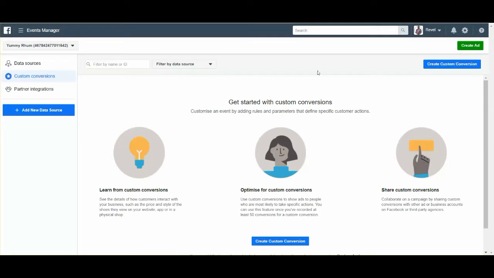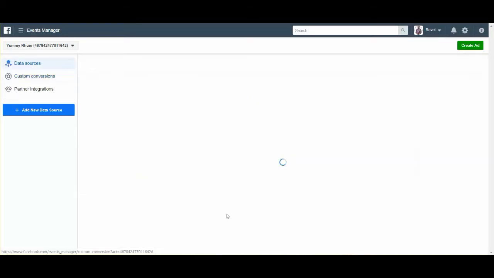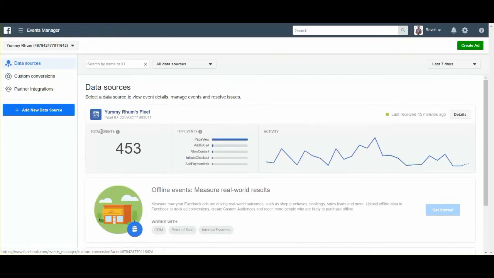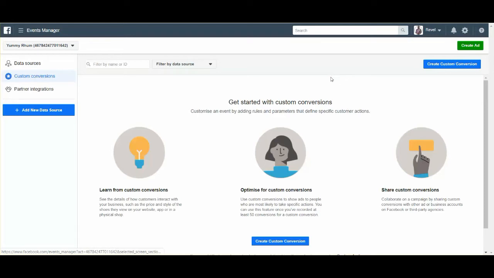So custom conversion here. Now, most of the time when you integrate your Facebook account and your Facebook pixel with a Shopify website, it automatically creates these conversions for you. So as an example, you'll have certain data sources here that will track all of your events, like these ones here, and it'll track your page views, how many people have added to the cart, how many people have viewed the content, how many people have initiated the checkout, how many people have added their payment info, and below that should also be how many people have purchased. But assuming that you don't have that, this is going to be your workaround. As you click Create Custom Conversion,